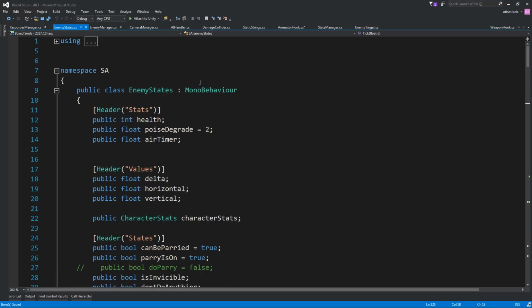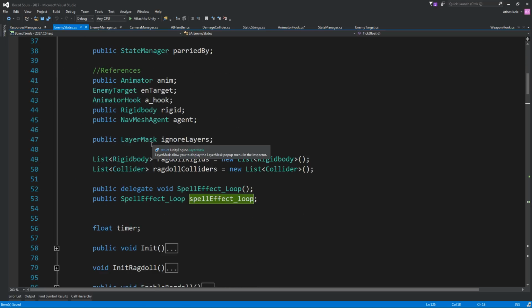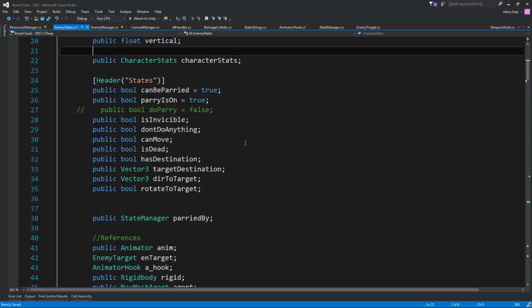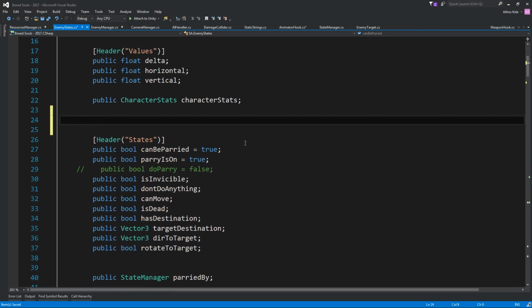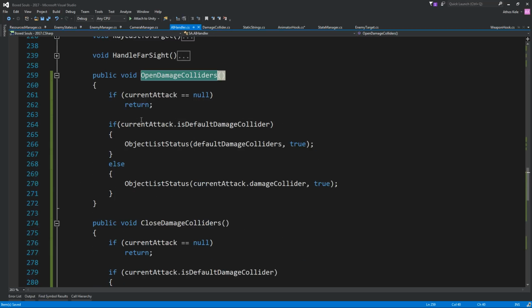I don't want to do this like this though. So it states, okay, we're going to say, let's add it somewhere over here and say public AI attacks current attack and public game object default damage colliders. Okay, then on AI handler